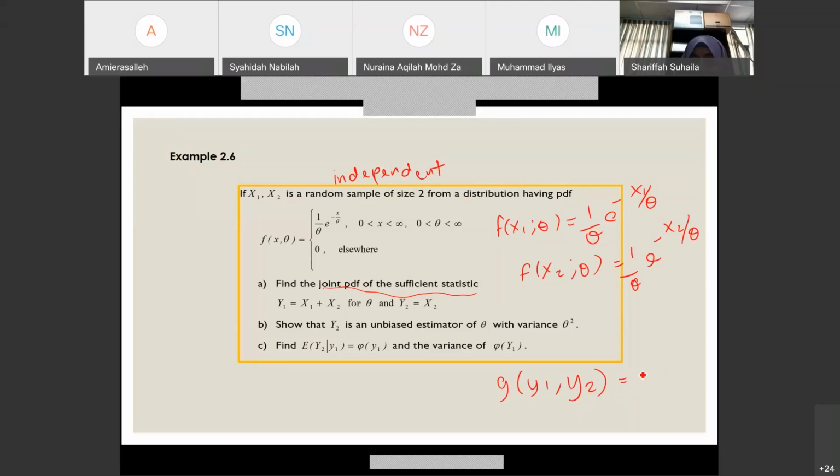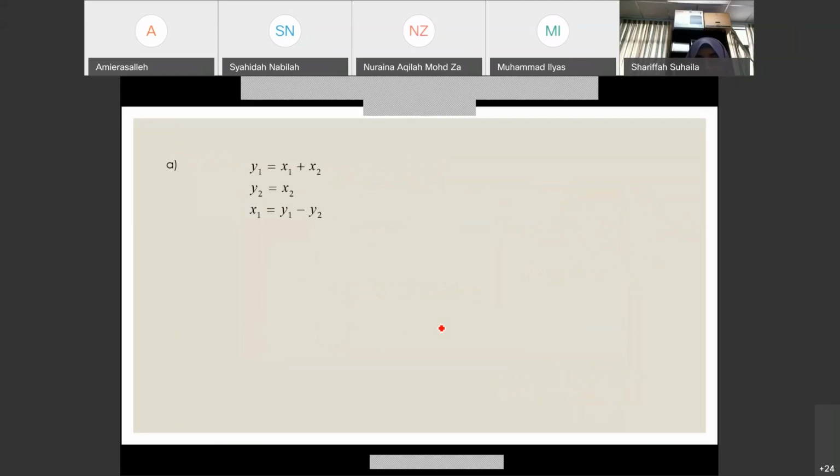So again, kalau kita ada ni, kita akan pakai Jacobian transformation. Okay, saya pernah ajar this one. So kamu ada dalam bivariate, which is we use the method of transformation. Okay. So sekarang kita tengok macam mana kita nak construct dia punya joint PDF. Maksudnya kita nak dapatkan G, Y1, Y2. Tapi kamu ada Y1 sama dengan X1 plus X2. Y2 is equal to X2.